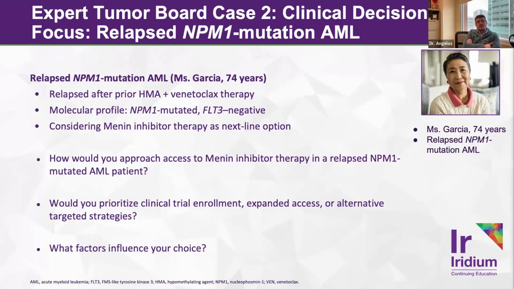So for example, for a situation like this, if they're failing venetoclax, it is a reasonable expectation to think maybe they have more of a monocytic type phenotype. And particularly if they have other mutations like RAS pathway mutations, it could be very challenging to then get these patients back into a CR.